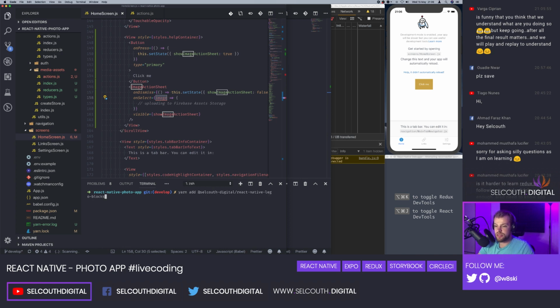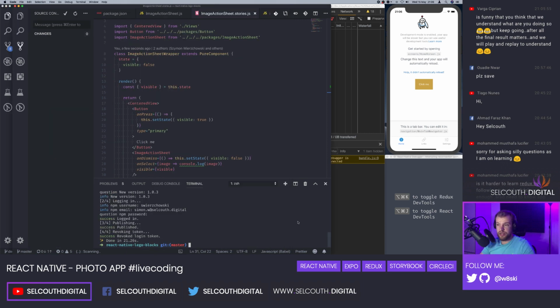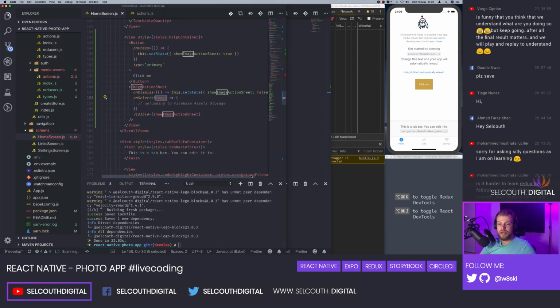But because it's React Native, it doesn't handle those packages locally, and therefore we have to publish it. So what I normally would do is just run it in the Storybook, in the component library, in this one, and then